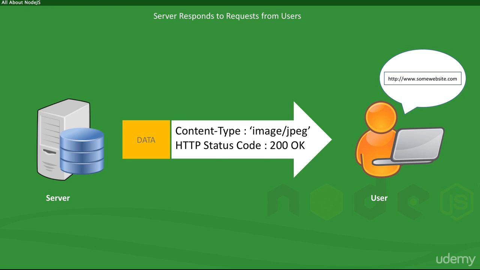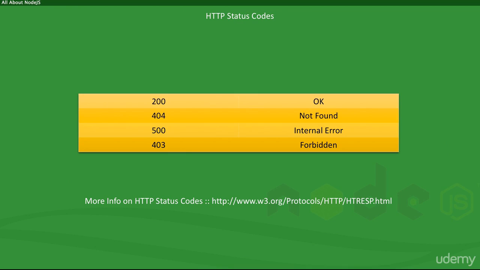So for instance, if everything's okay and the content is being sent by the server, the status code would be the number 200. On the other hand, if the user has requested some web page or content that does not exist on the server, then the server returns the status code 404, which means content not found. Similarly, you've got 500, which is sent if the server encounters an error processing the request, and so on. If the user creates another request, then the entire process repeats again.